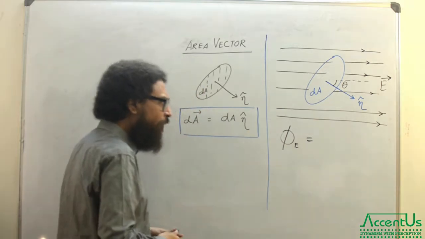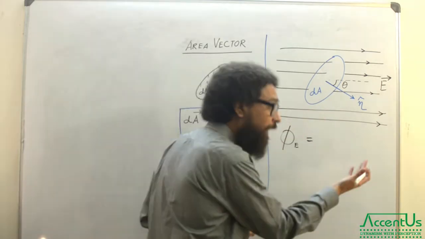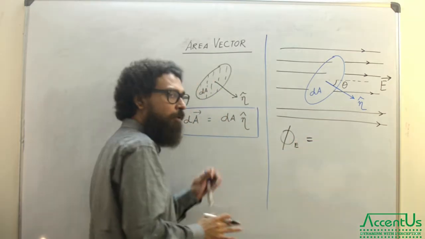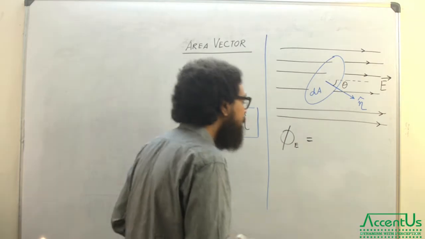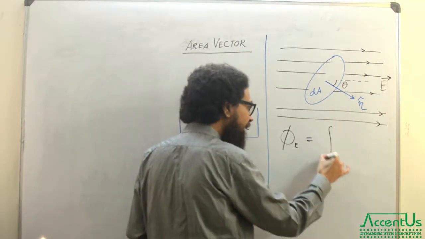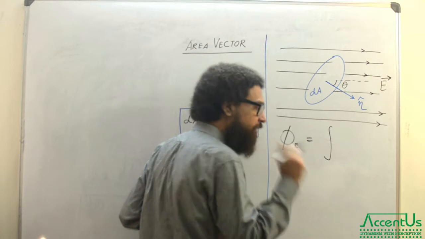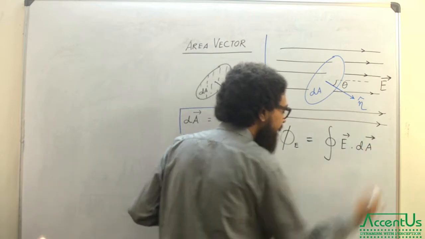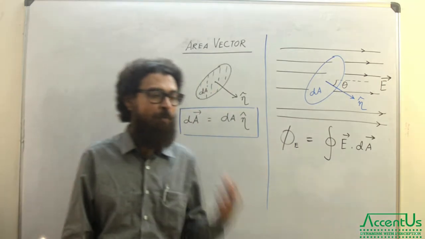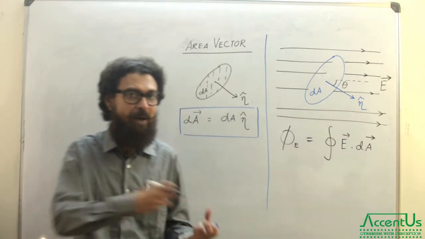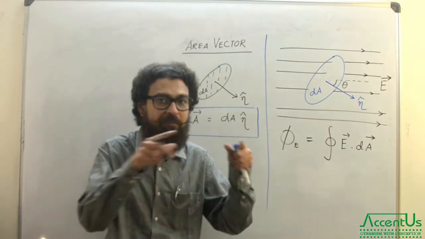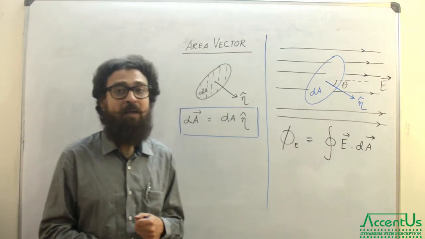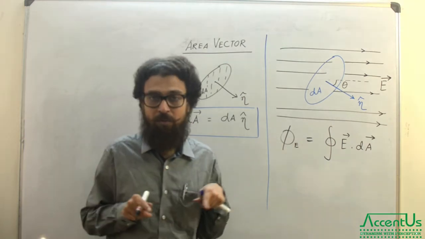Alright, so what is phi E? When we do electromagnetism, we'll talk about Tesla. Right now, we are thinking about Gauss, Coulomb, these scientists. So phi E, what is that? It is called the closed integral of the dot product of electric field and the area vector. Because how much electric field is associated in a particular area and what is the magnitude of area, if you multiply with a dot product, will give you a magnitude which will quantify the extent of electric behavior in a particular enclosed surface.